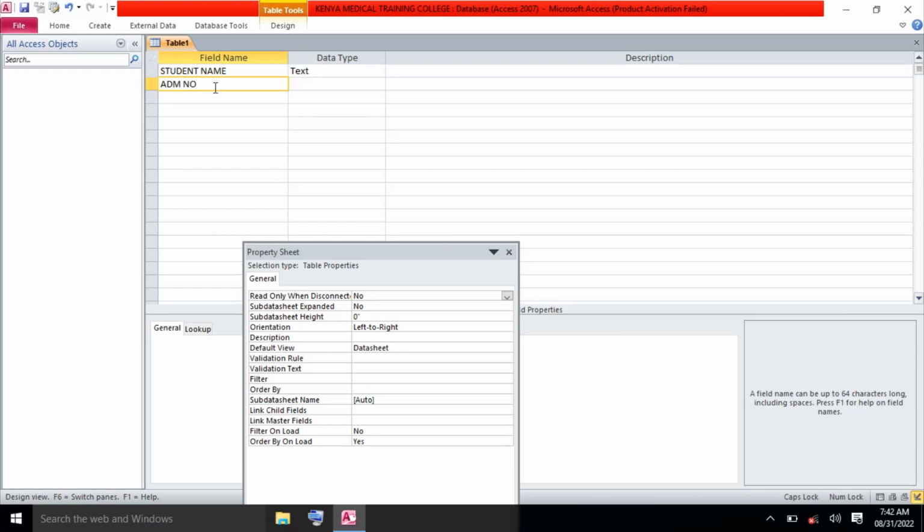Now there are certain characters that are not allowed in a table, like when you put a period. Access may not accept that. So make sure you don't put a period, just leave it the way it is. You can even type it in full if you want. Student number, or rather admission number, doesn't hurt, but let's have it in short. Right, so we have student name, admission number, and then we can have course, that's the course they are doing,